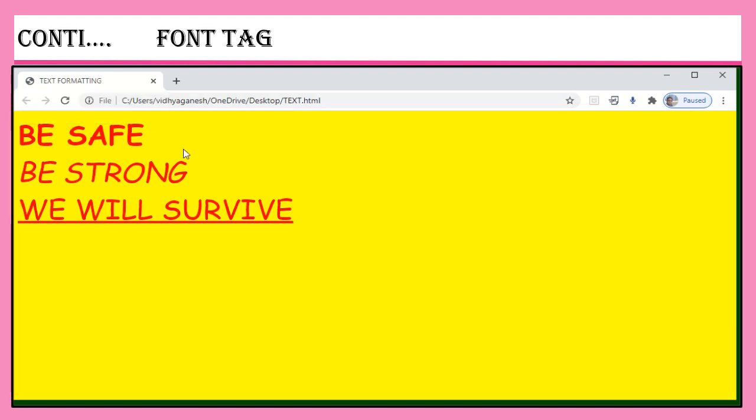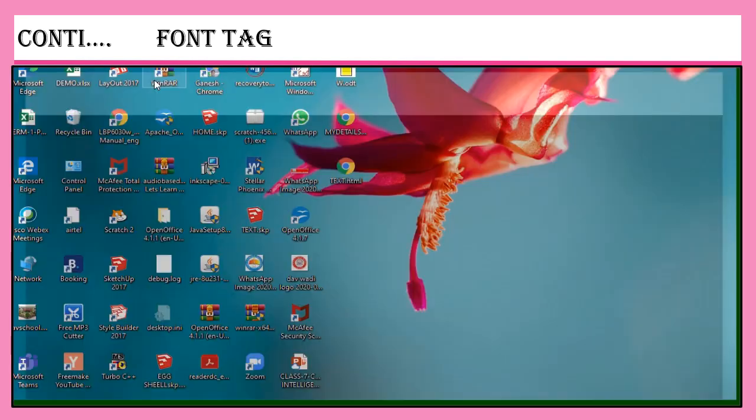Now shall we give a different font face, different size, children? We will see the variations by giving different font face and different font size. Go to the notepad.